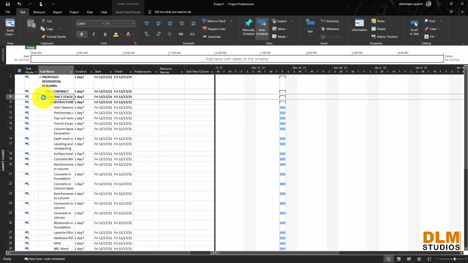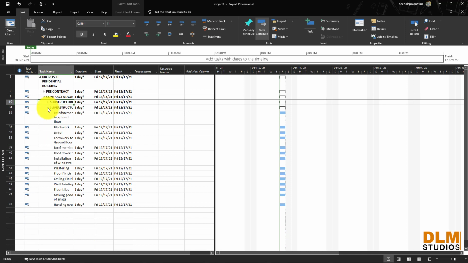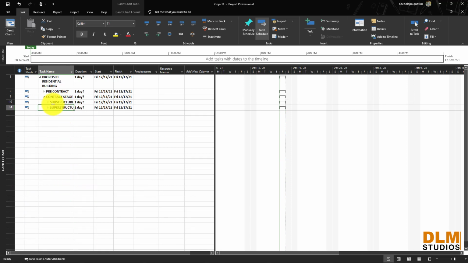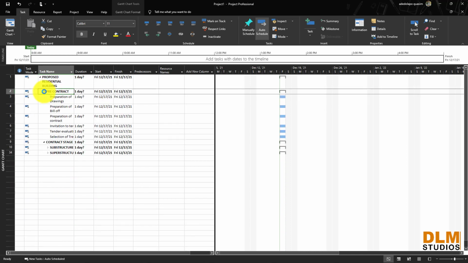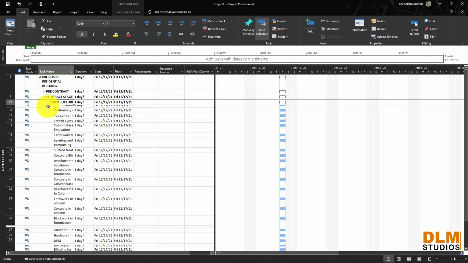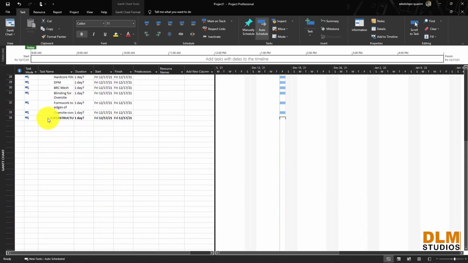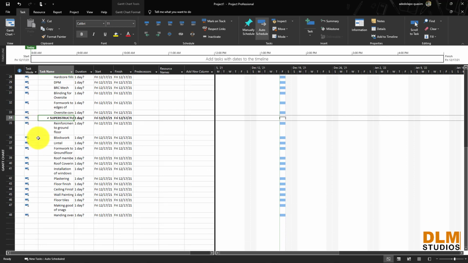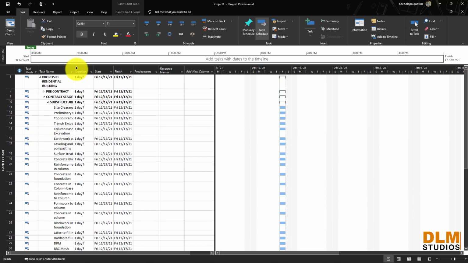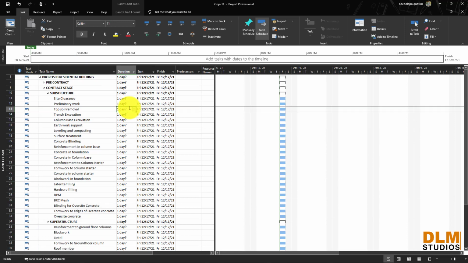Different this time around. Like contract stage, you have the substructure and superstructure. Sure, you've seen this. So the activities under it. In the pre-contract stage, you have the activities under it. This will help you have a more detailed and reasonable work. Make sure all of this is auto scheduled, so your work will be